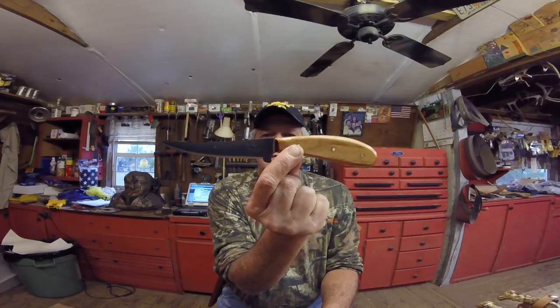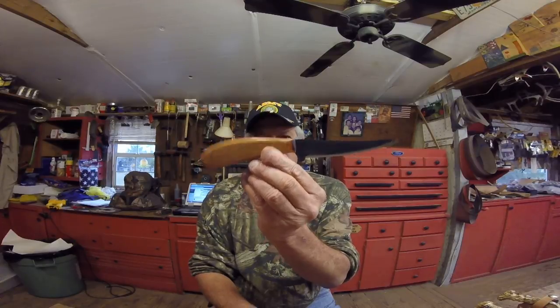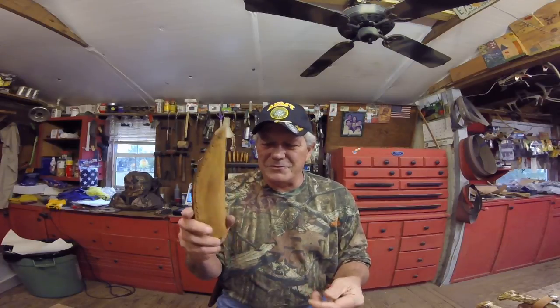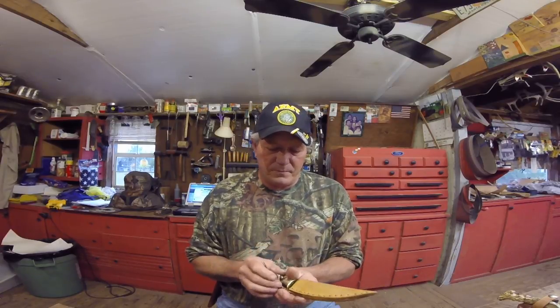There you go. And I used heavy leather for your scabbard because that's all I had left. I have found another leather source though, an online source to get leather that may work out to be better for me as far as cost and nicer stuff than what I can get in town, so I'll keep you updated on that. Now also part of his order,